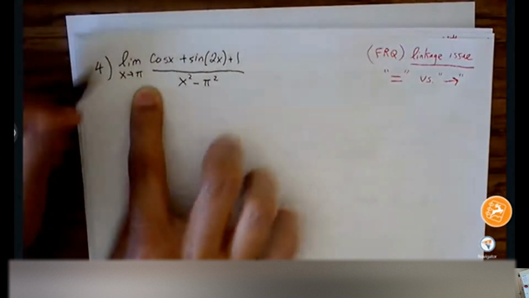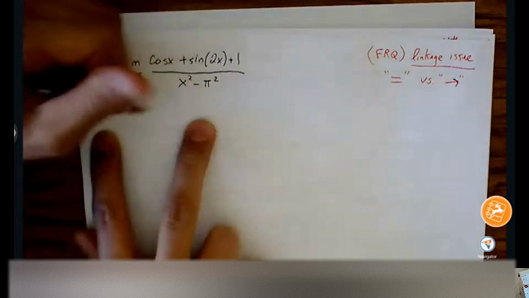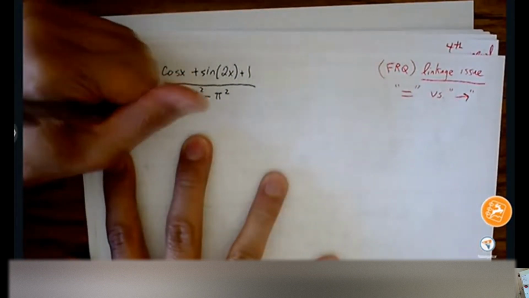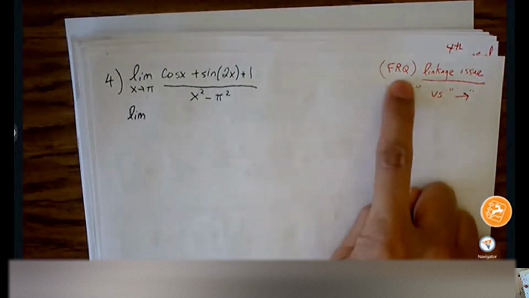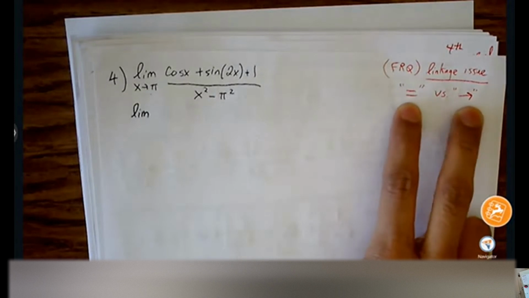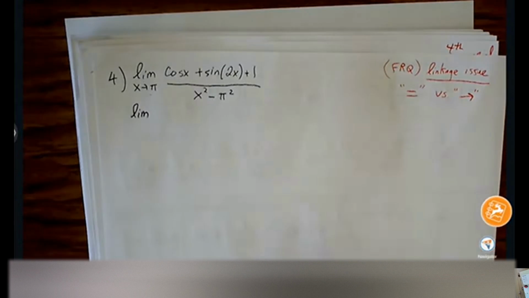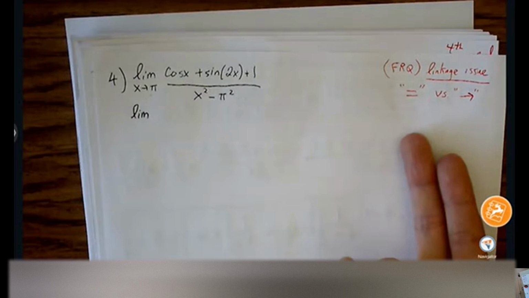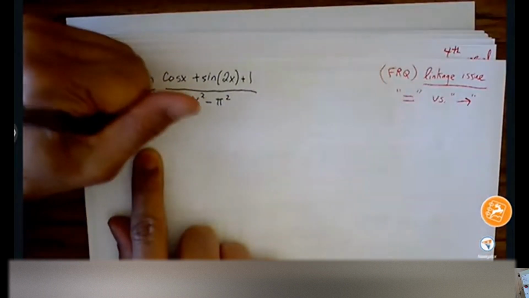Okay, so first thing we do, we're going to evaluate our limit just to see what's going on. And this is only an issue on FRQs. On multiple choice, they're not looking at your work. But on FRQs, we definitely have to be careful to limit the use of the equal sign. It's not that if you use an equal sign, they'll take points off. It's if you use an equal sign and both sides are not directly equal to each other, that's when they'll take points off. So just be careful with when you use the equal sign. Or if you don't use it at all, then that's even better. That way you don't have to worry about it. Okay, so